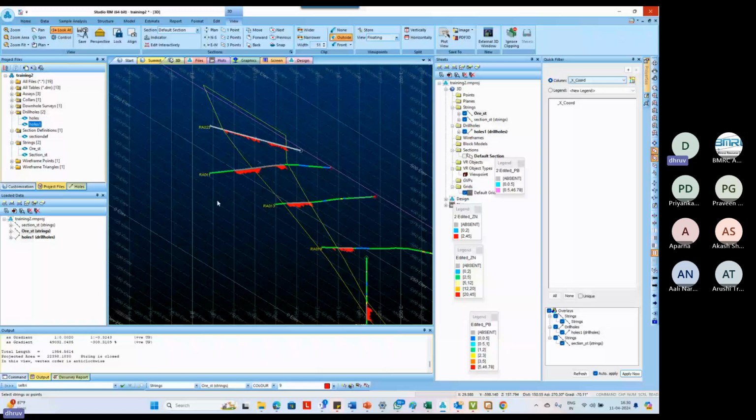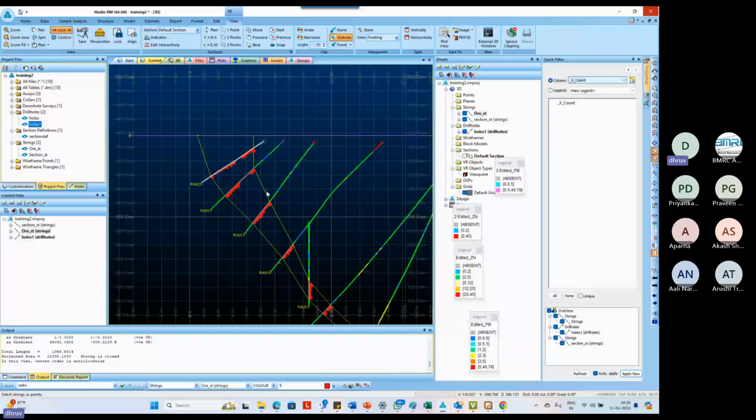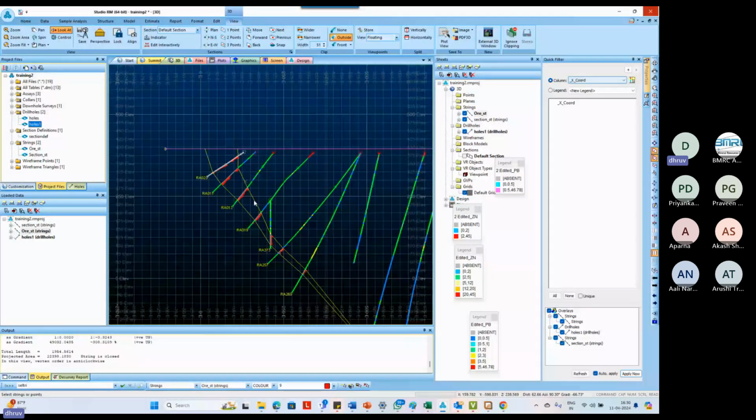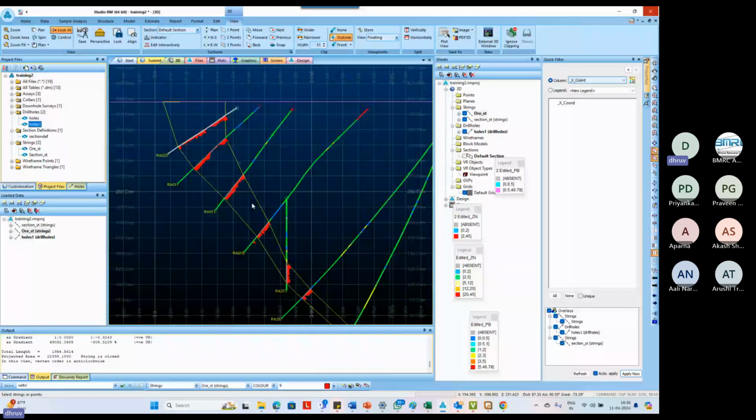So I'll align the section again. I'm just keeping the section right now. Say, just to compare, I want to keep this section. So there is a tool. If you want to keep sections in separate file names, there is an option where you can select the string